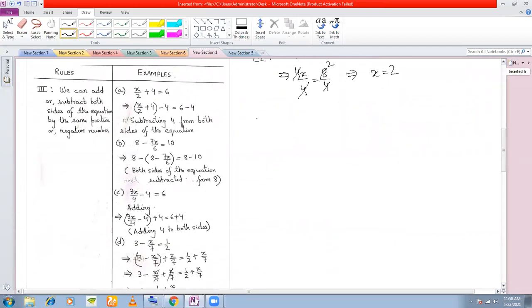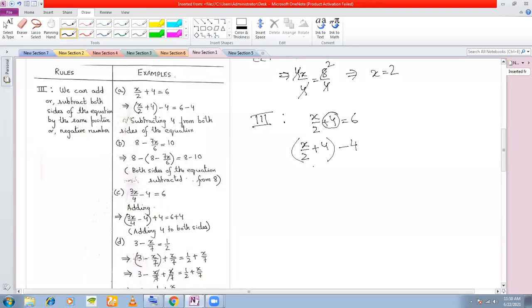Next is you can add or subtract the same number to both sides or from both sides. Now, what do you mean by to and from? See, let us take this equation: x by 2 plus 4 is equal to 6. I want to remove this 4. So what I'll do is I'll subtract 4 from the left hand side,